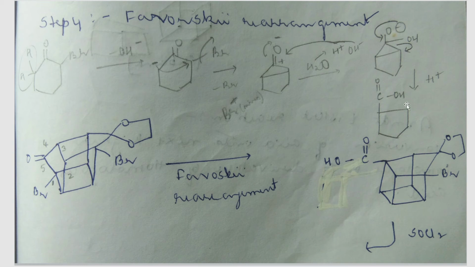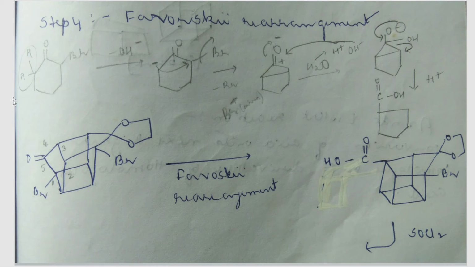So here what we get? We get one H attached here. So there won't be any charge on this carbon atom. We are not representing the H, but we know that there are two H plus attached over here. Same way here, here and here. And what is there on the top? C double bond O, OH. Correct. So this is Favorsky rearrangement where we are converting a six-membered ring to a five-membered ring.